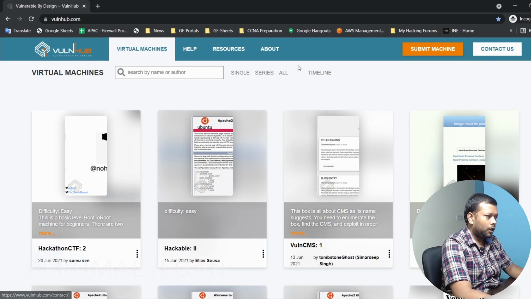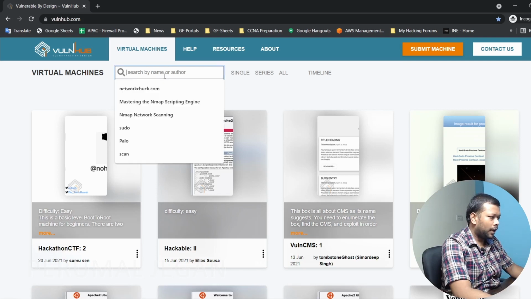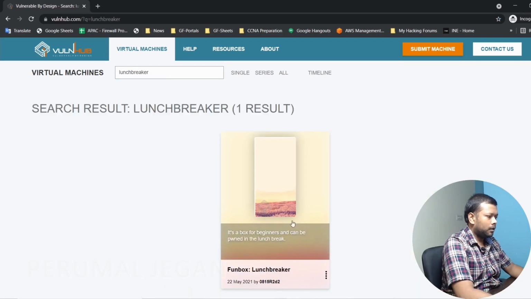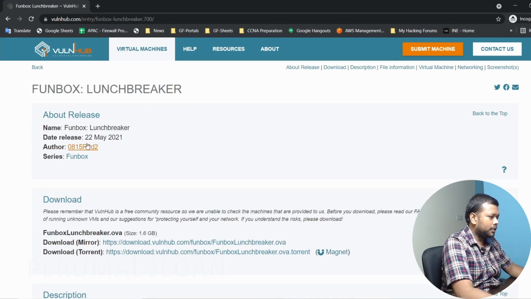If you have a machine with moderate specification, you will be able to run your attacker machine as well as your target machine in the same place. My machine is Lunch Break. So this is the machine, and it was submitted recently.